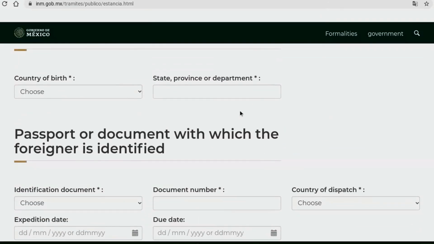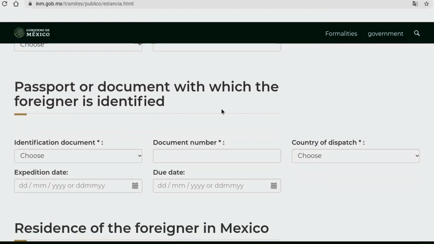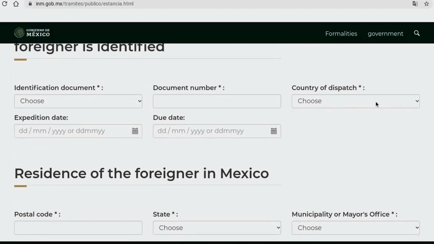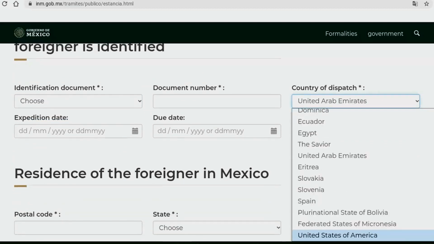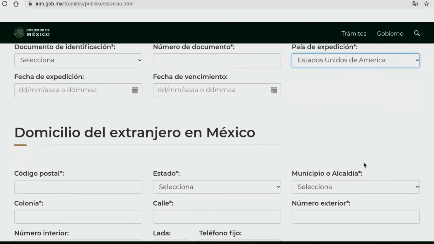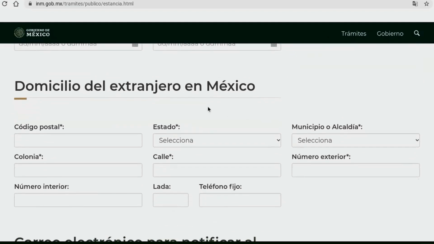Of course, place of birth, passport or document with which the foreigner is identified. So your identification document, obviously, you're going to put in there your passport, the passport number, further to the right, the country of dispatch, of course, the United States. If you click U here, United States of America will come up, as you can see here. And of course, the dates of your passport, the initiation date, the expiration date,